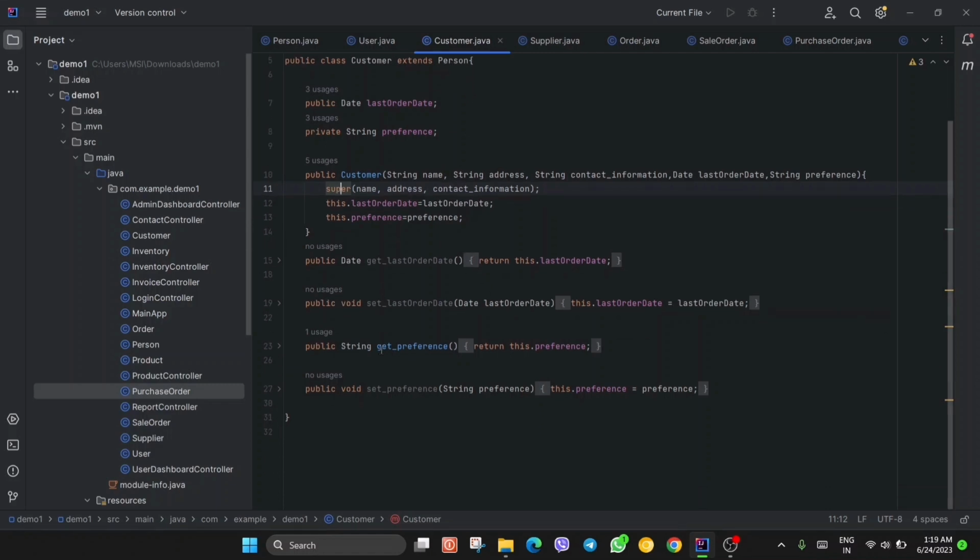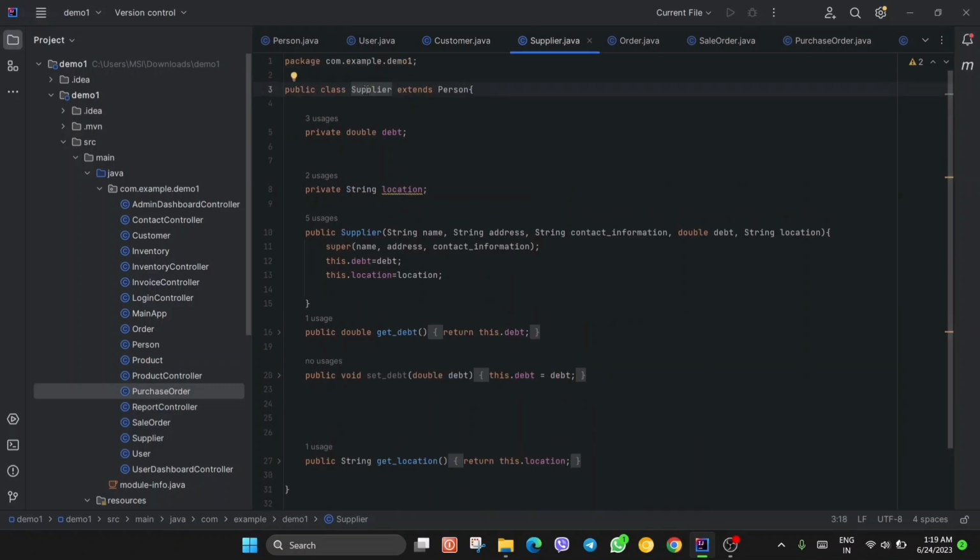And we have the accessors and mutators as usual. In the accessor, we return the attributes preference and last order days, only these two attributes, not the attributes that belong to the